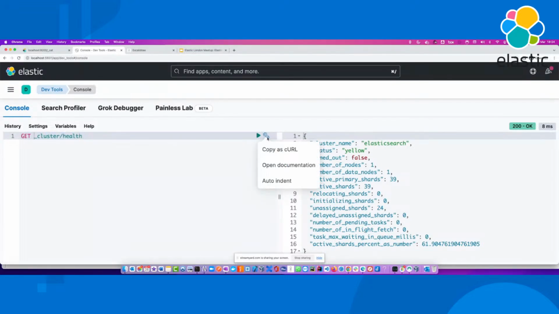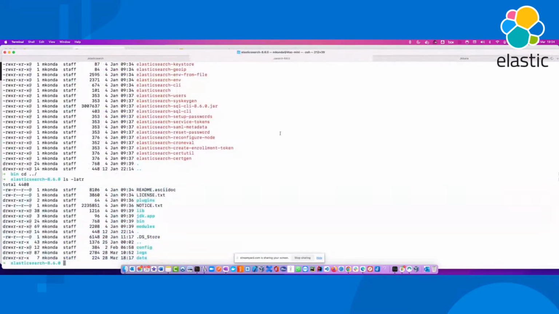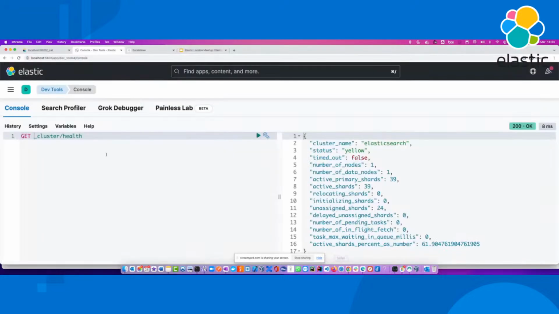But if you go on to your little spanner there, if you copy this particular command as curl, you should be able to see that. Let me clear this. Actually, let me do this one. If you can see, that's your curl command. So this part is actually going to be hidden away from you, that you don't need to worry at all, right? At this point of time, it's just simply saying go and get me the cluster's health by invoking this particular endpoint, right?